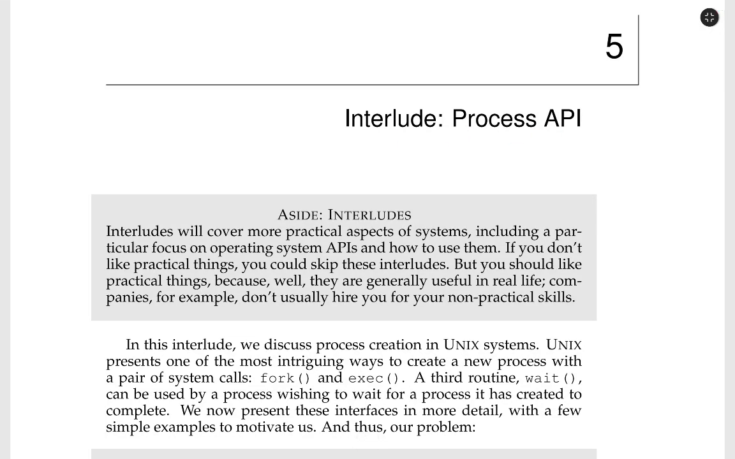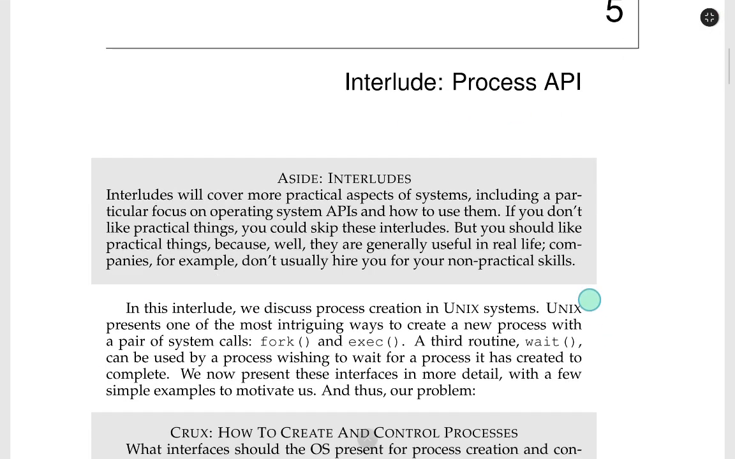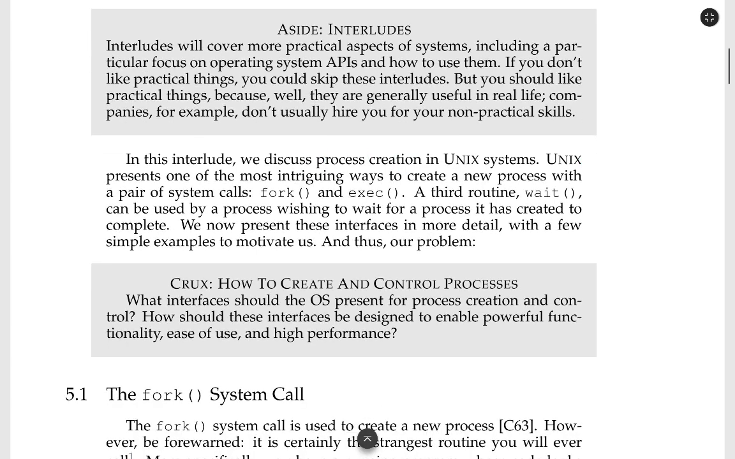Interlude: Process API. In this interlude, we discuss process creation in Unix systems. Unix presents one of the most intriguing ways to create a new process with a pair of system calls, fork and exec. A third routine, wait, can be used by a process wishing to wait for a process it has created to complete. We now present this interface in more detail with a few simple examples to motivate us,